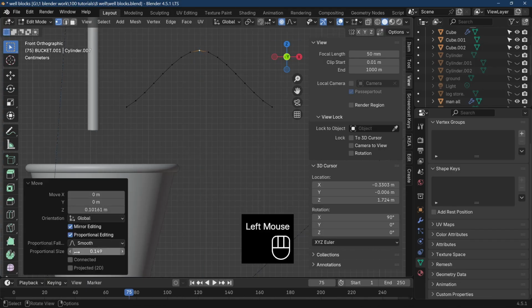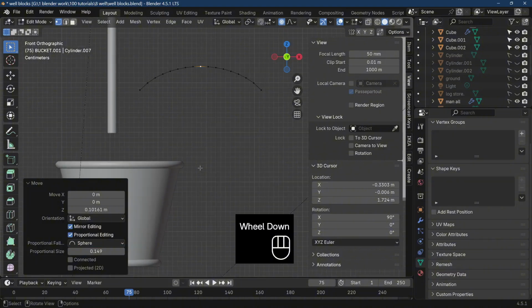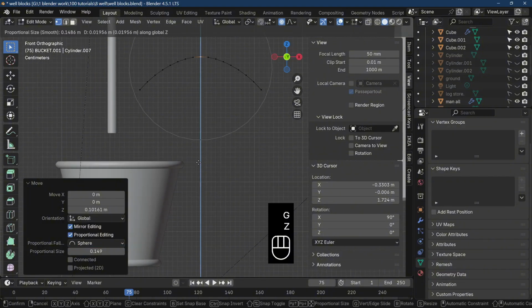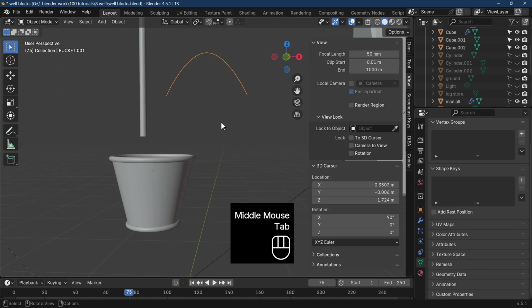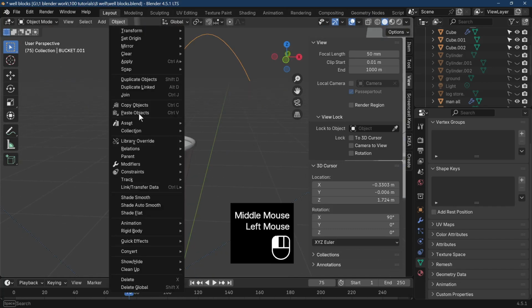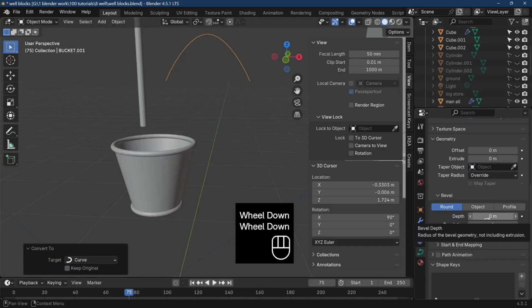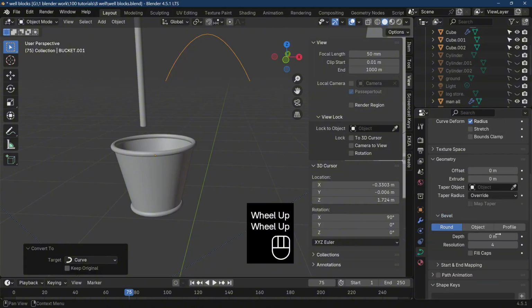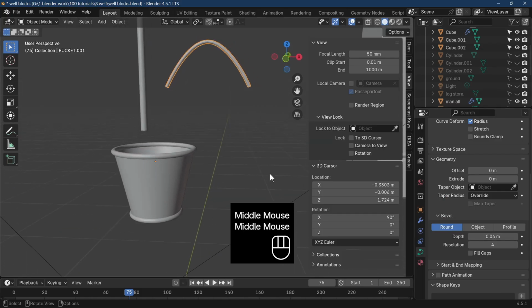And as you can see, this comes out, but it's not a ring. So what you can do is decide what shape you want it to be. And I want this to be a sphere. So there you are, it's made it into a sphere, and we can just G and Z until we get the desired angle handle shape like that. And then of course we can go into object, convert to a curve, and we can use the thing we've already done by going into geometry and adding some thickness to our curve like that. So we've made our bucket handle,